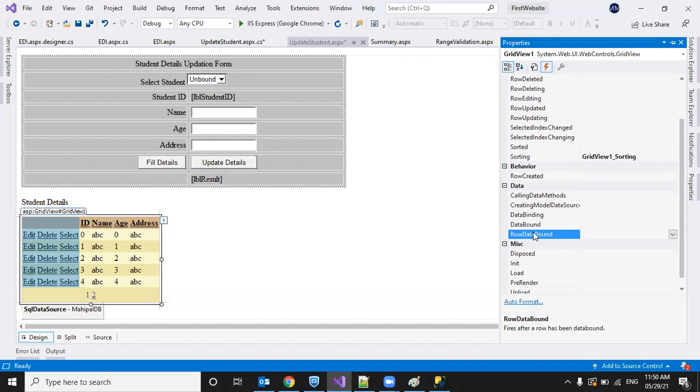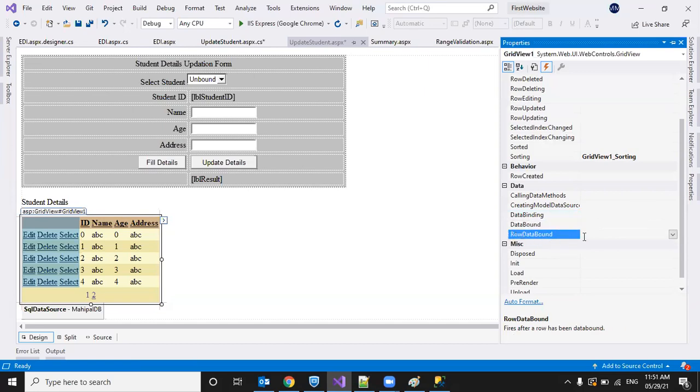Suppose you want to customize something, like if age is greater than 25, I want to display that complete row in red color. So we can use these data related methods, data binding. While binding itself, if you want to check some condition, after binding is completed, we can use this event.